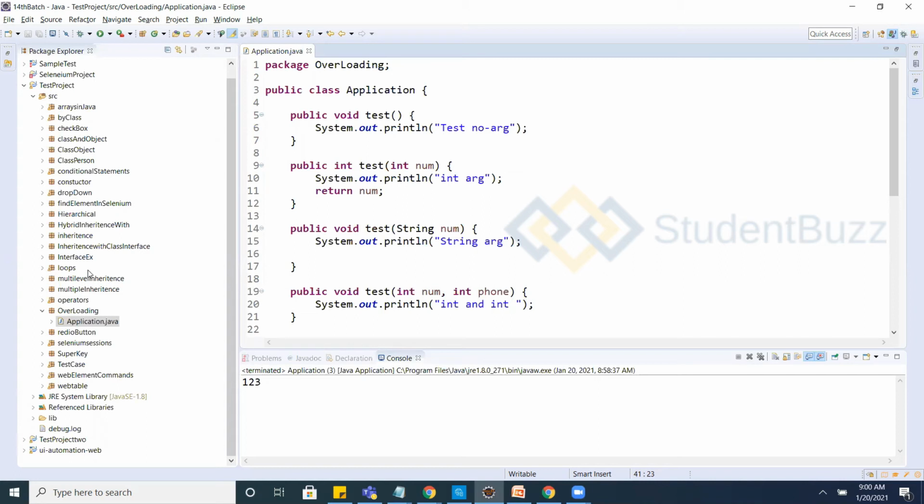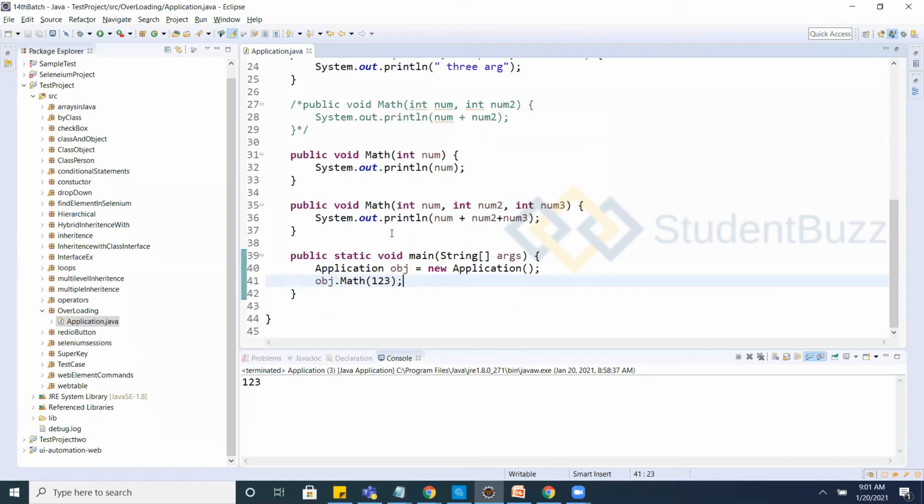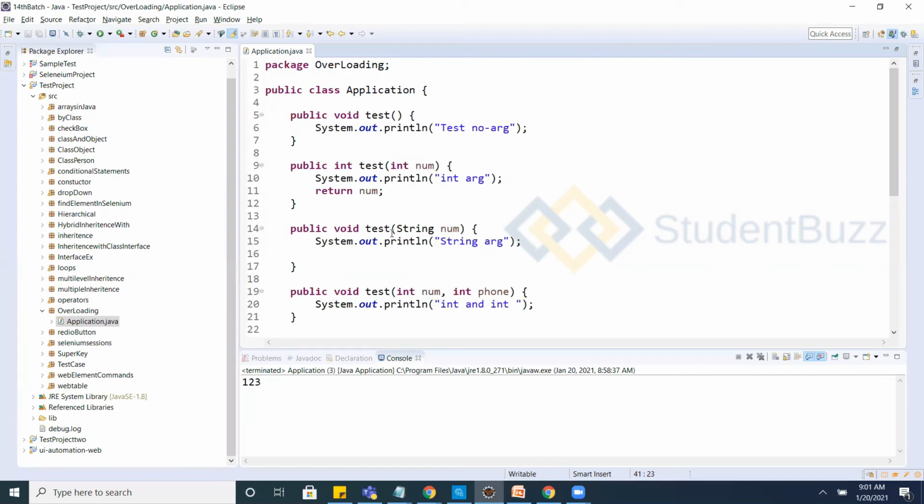So for doing overloading, you don't need any other class support while explaining what overloading is. Overloading we can achieve in the same class. That is the first point you can keep. We can achieve it in the same class with the same method name; the return type doesn't matter.